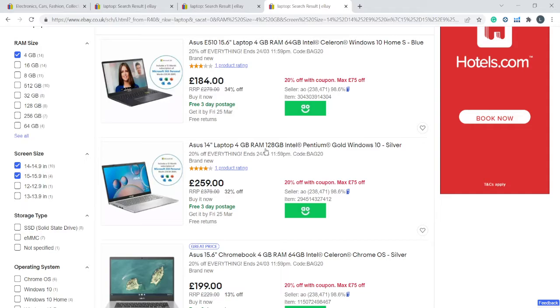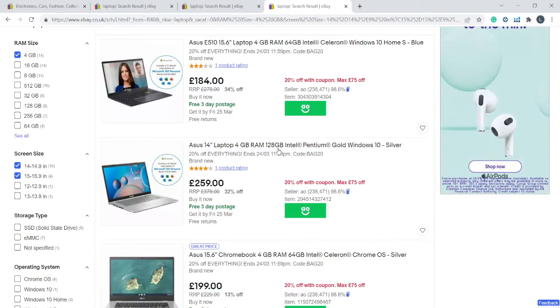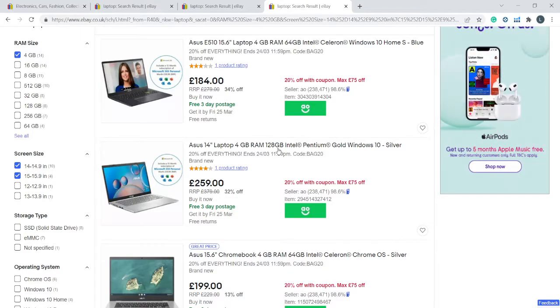Now, it's got 120 gigabytes, that is the storage space. It probably has what we call an SSD. It's got a chip that holds all the information. And obviously it's got Windows 10 here. So looking at the specs, this is a very, very budget item. If you really want to upgrade and spend a bit more money, you can have at least 8 gigabytes of RAM and also at least 256 or more gigabytes of disk space,